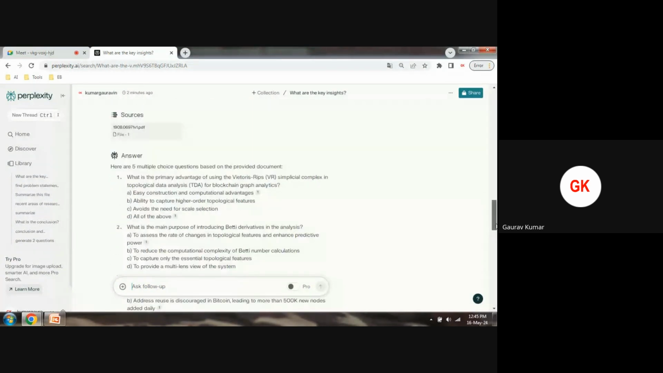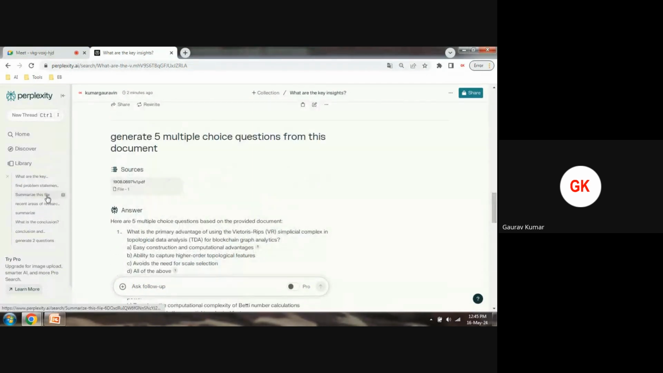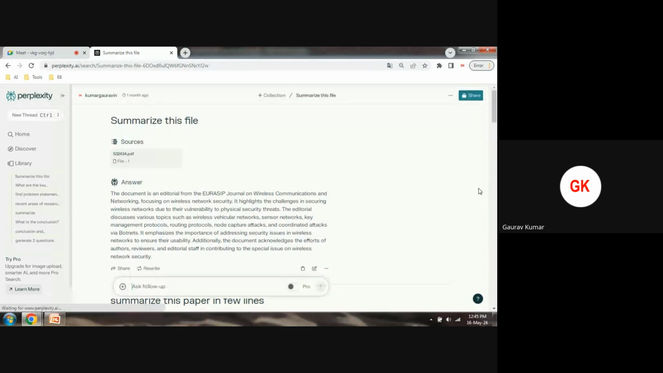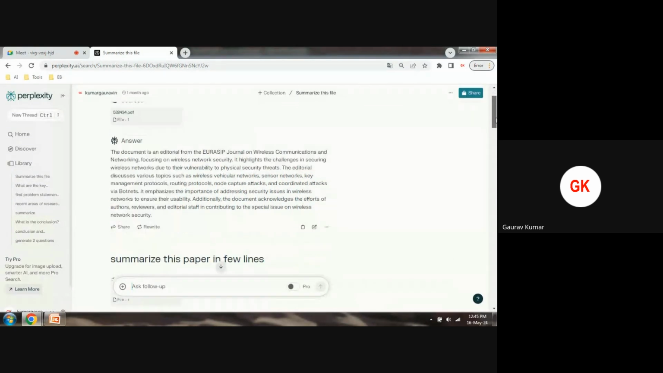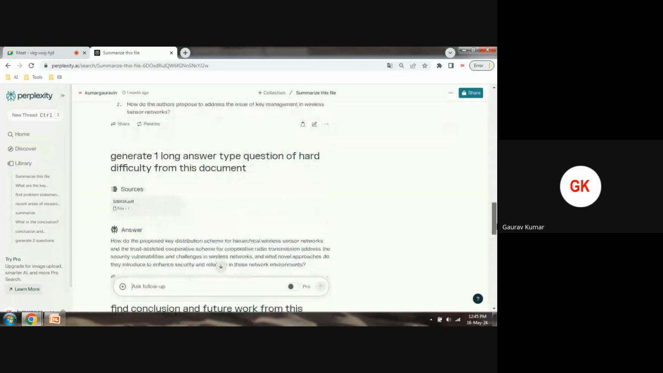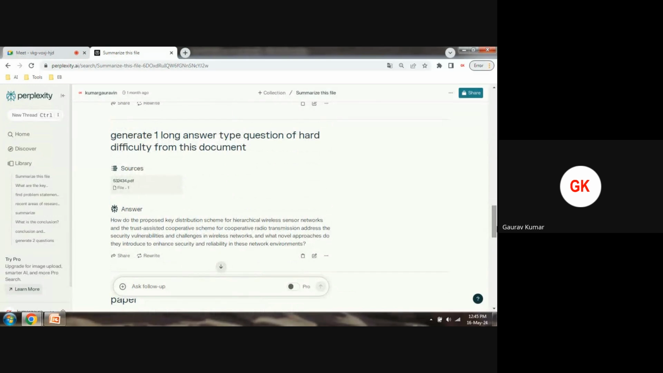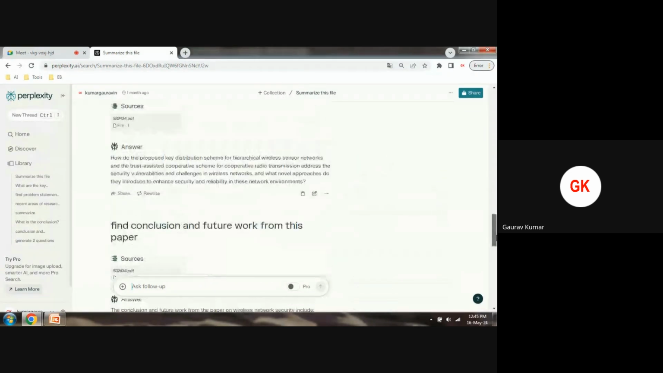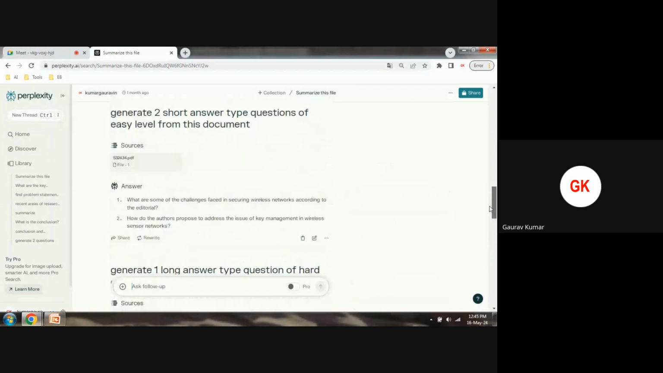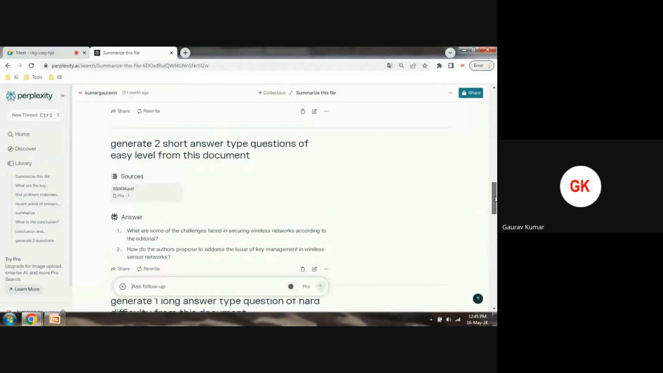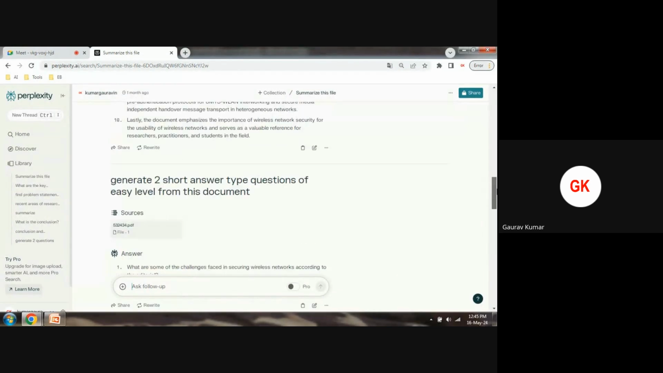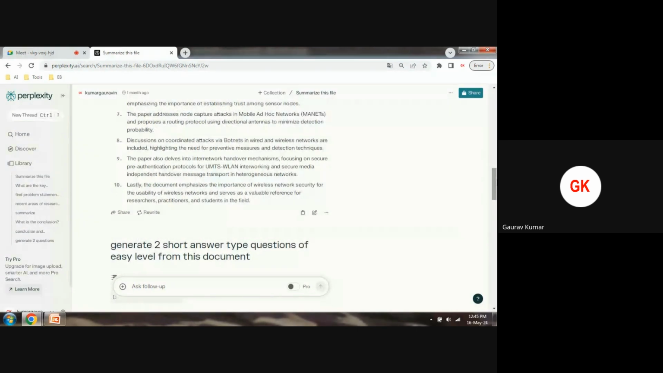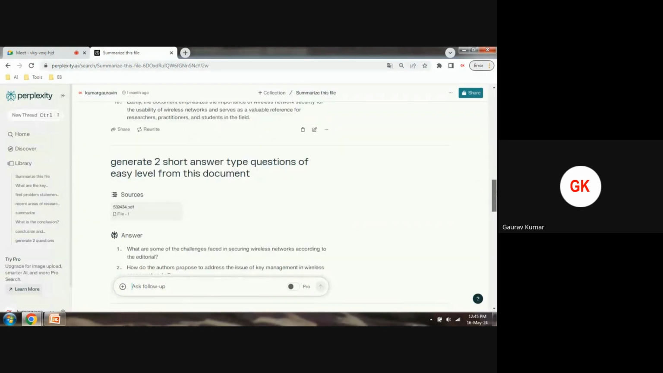This way, summarize this file. We want to summarize it. We want to generate some questions. We want to generate MCQs with answers. We want to generate some MOOC content. And if you are aware,